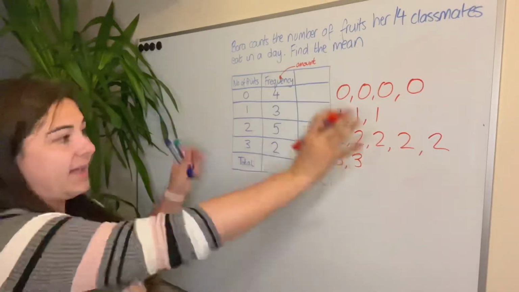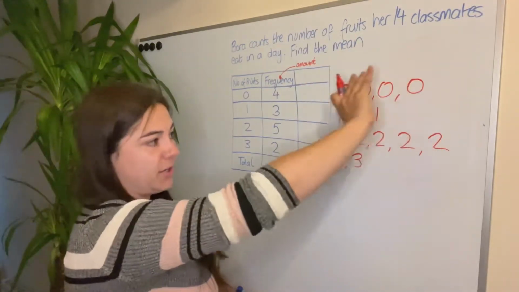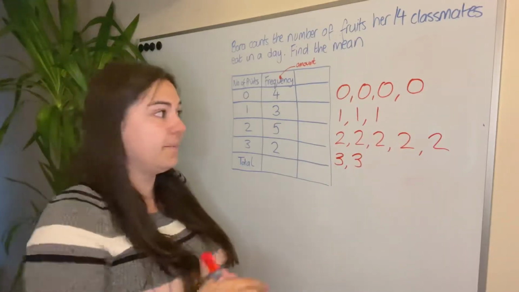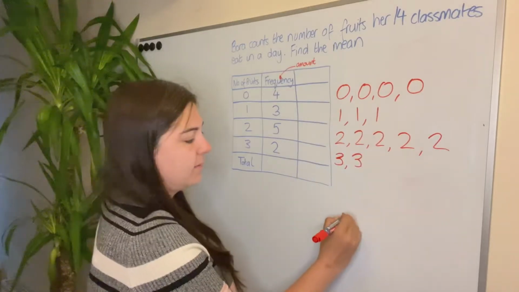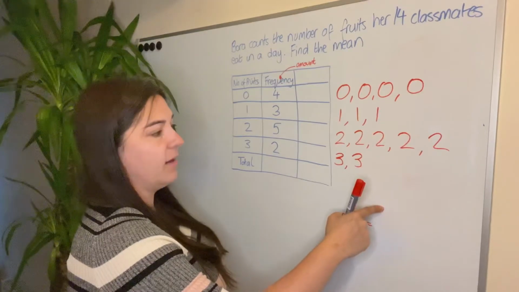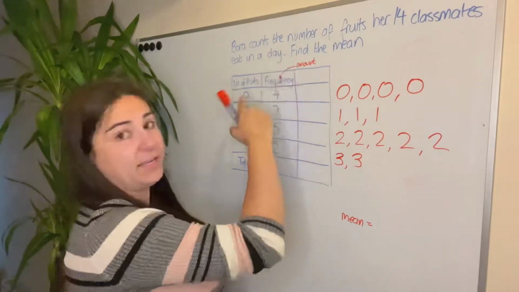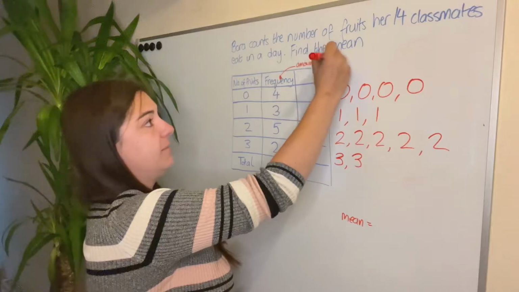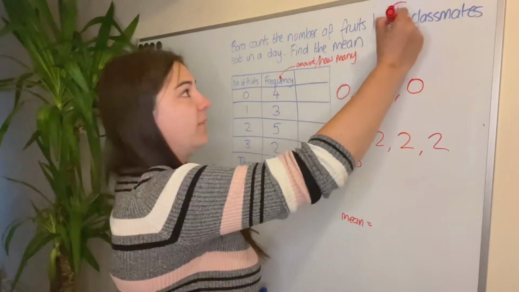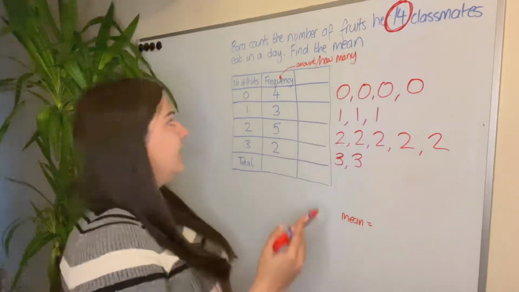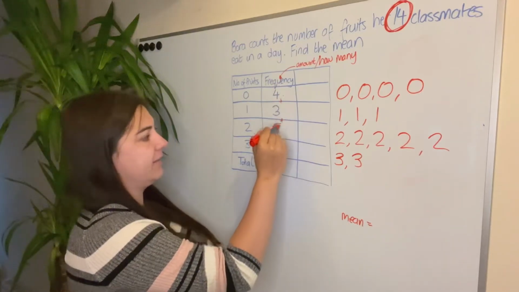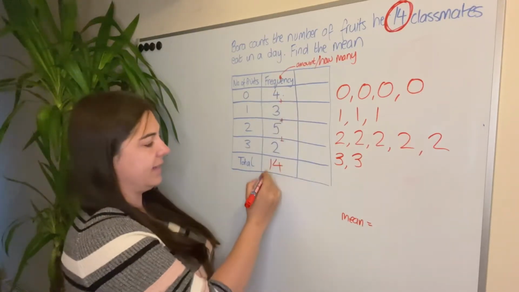Okay, so that would be what my set of values look like if it was just written as a set of data, which is probably what most of you are used to doing. And you know, to work out the mean, we would add all the values up together and divide by how many there are. Now the frequency tells you the amount, how many. And in this question, we're already given the amount of people. So we're told that there are 14 classmates. So what I can do is add that up. 4 plus 3 plus 5 plus 2 gives me 14. That is the total